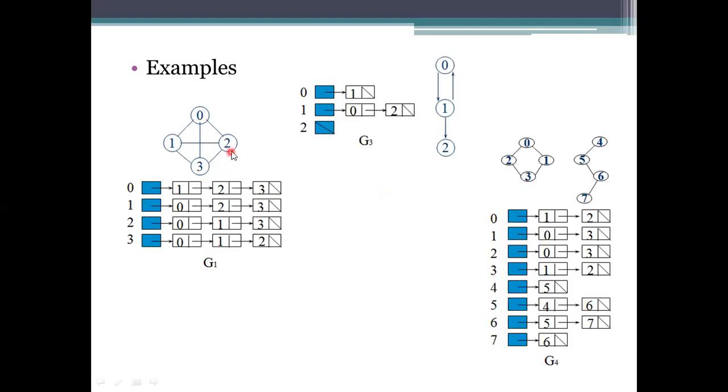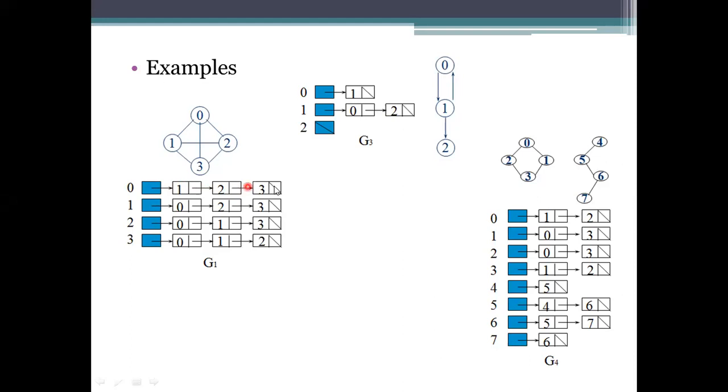If you see the first one, this is a complete graph. This complete graph has 4 nodes, and each and every node is connected to the remaining ones. Coming to this list representation, this is the vertex or node we are considering. We plot the list if it has a connection.